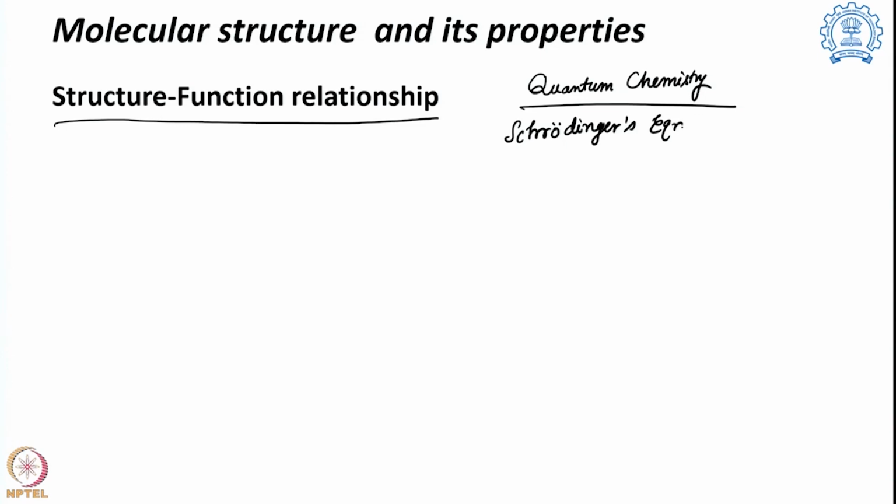A Schrodinger equation says this: H psi equal to E psi. We all know this equation, but what is the meaning of this equation? So, this term H is known as the Hamiltonian,